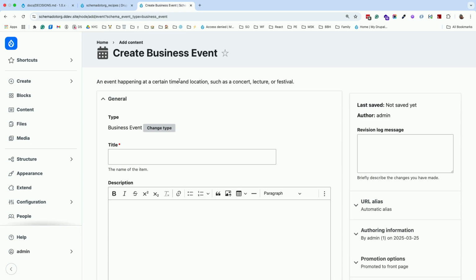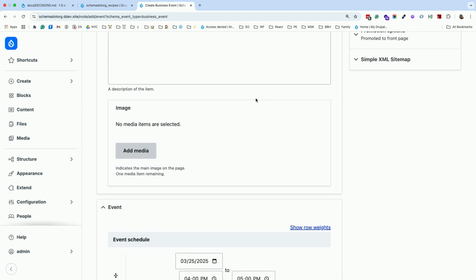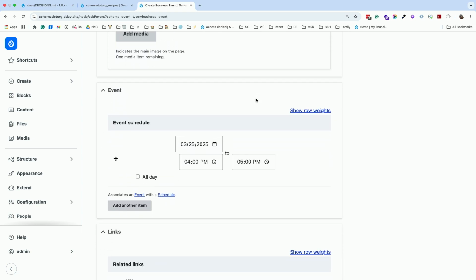It makes sense. Now, we've got a pristine node edit form with field groups. There's a field group module, submodule, to group these elements and decide what the weights are. You have full control over these decisions. You get title, description, image to media, our event schedule and an event group, and then you have your links